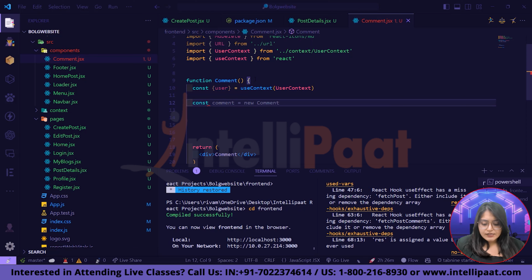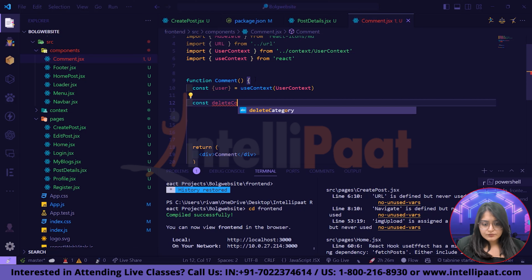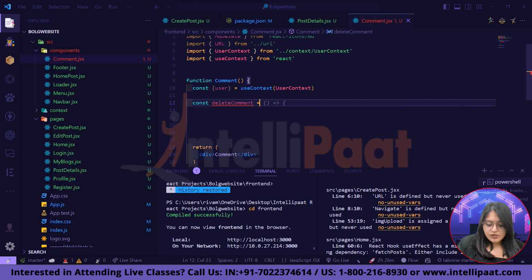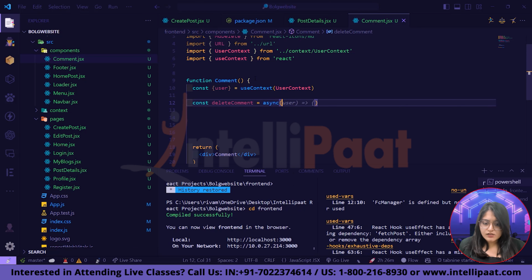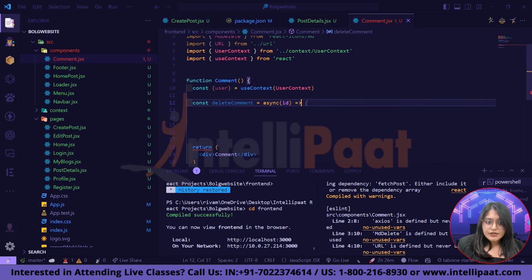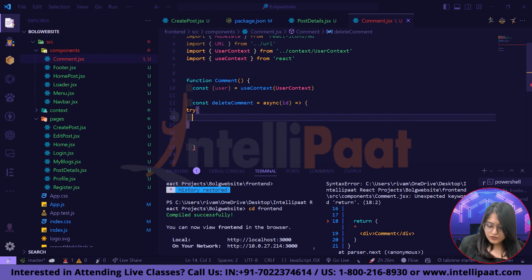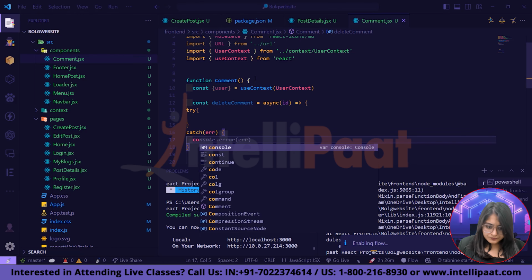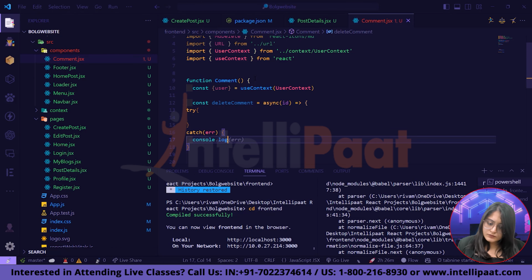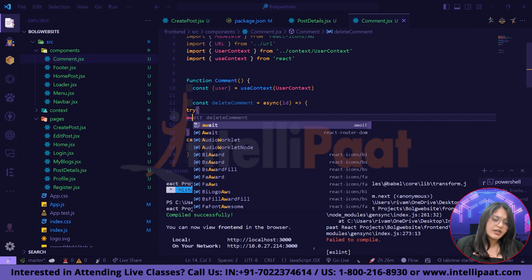Now we will create our function. So let's say const deleteComment is equal to async, and inside this we will also pass the ID of that particular comment, and inside this particular function we will make use of a try and catch block. Okay, so catch error and console.log error, like this. Now inside our try block you can create your response variable as well, but I'm writing directly over here